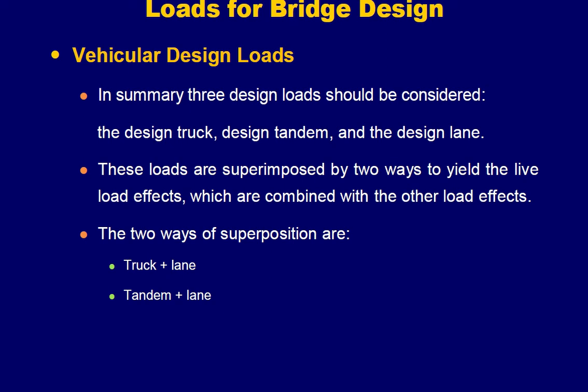The two ways of superposition are: number one, you combine truck plus lane loads, which means you apply the 0.64 kip per feet and add the HL93; or the second one, you apply the tandem load and the lane load simultaneously. So you analyze for this case and for this case, and compare the results of both analyses, and the maximum bending moment you get is the one you go for in the design. So it could be truck plus lane or tandem plus lane. Okay,